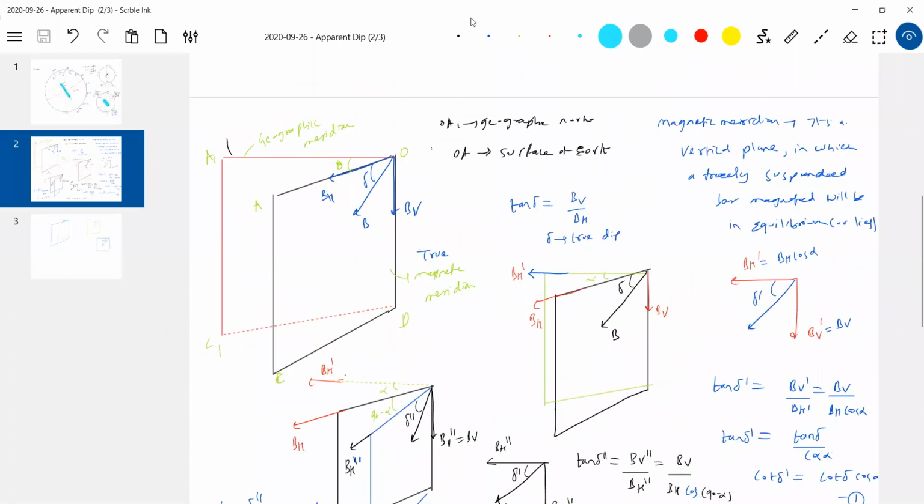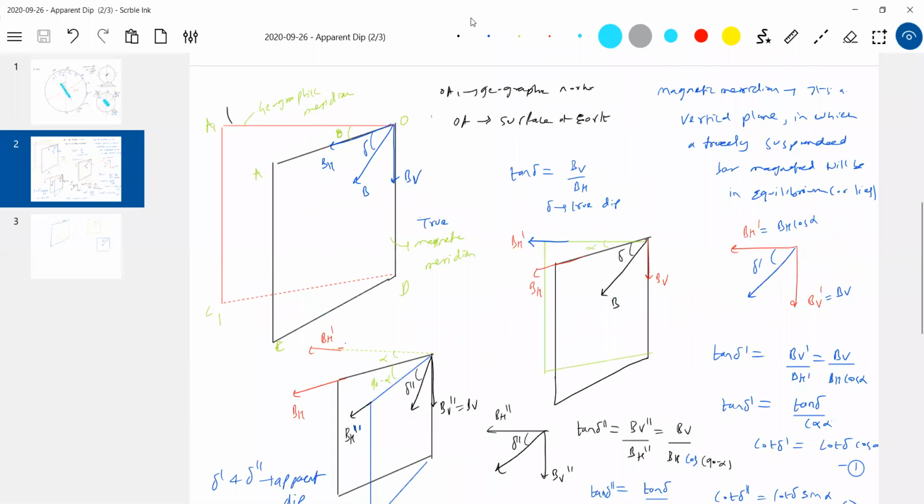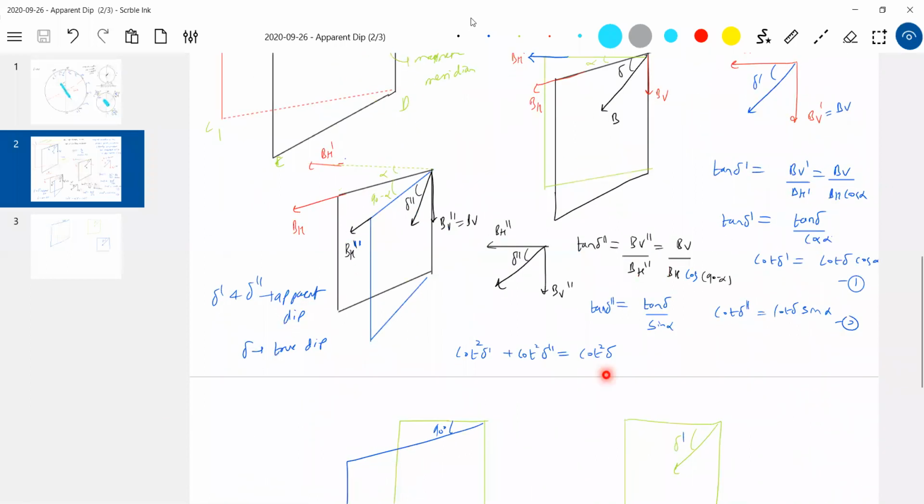Able to understand the trick here? First, the dip circle should be lying in the plane. If I write symbols again, don't get confused here. The dip circle I should first keep in the geographic meridian, shown by the green, red color. And this alpha is not the declination. Alpha is a certain angle, I don't know. I need not bother about that alpha also. So directly keep the dip circle in one plane, measure the apparent dip delta dash, then rotate the dip circle by 90 degrees, then measure delta double dash. Then you get the true dip according to this equation.